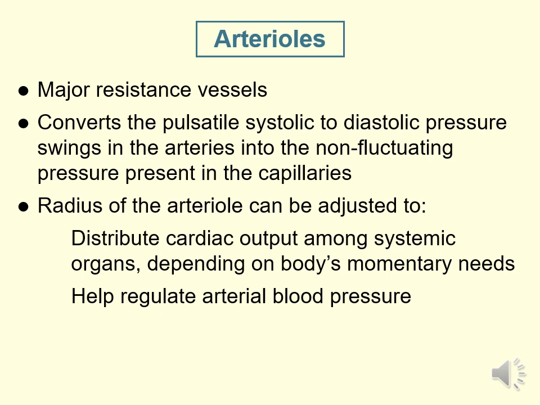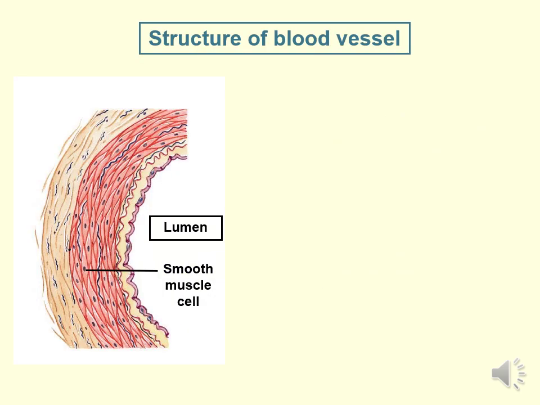So they are important in distributing blood to different organs dependent on the particular organ requirement at that time. And the other key thing is they do help regulate the arterial blood pressure through their activity. The reason blood vessels are able to change their radius or diameter is because the walls of them,